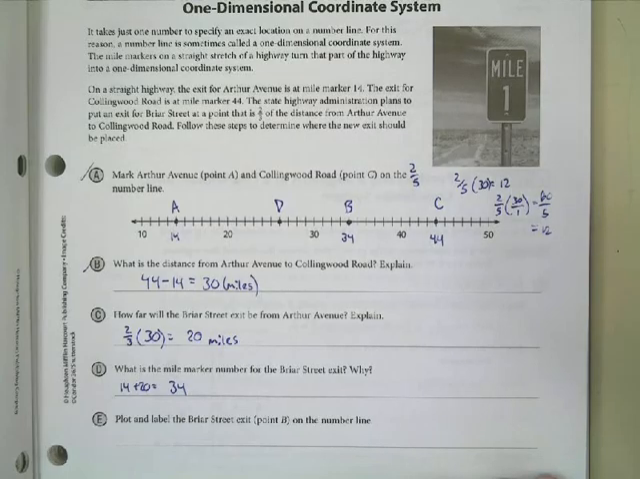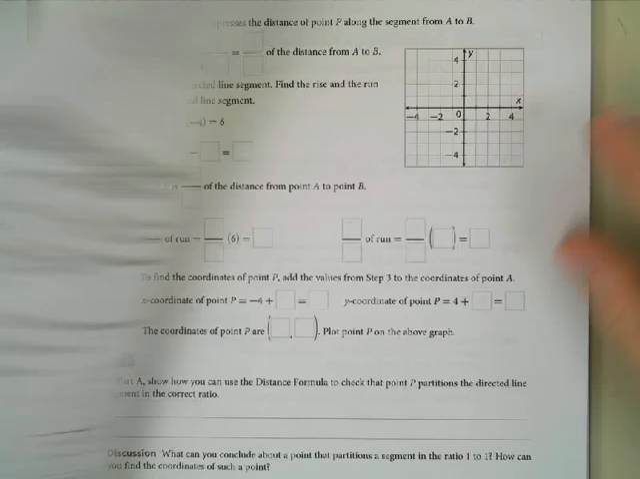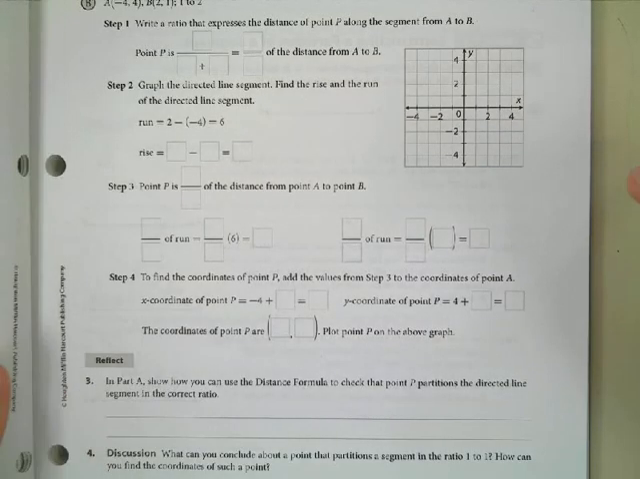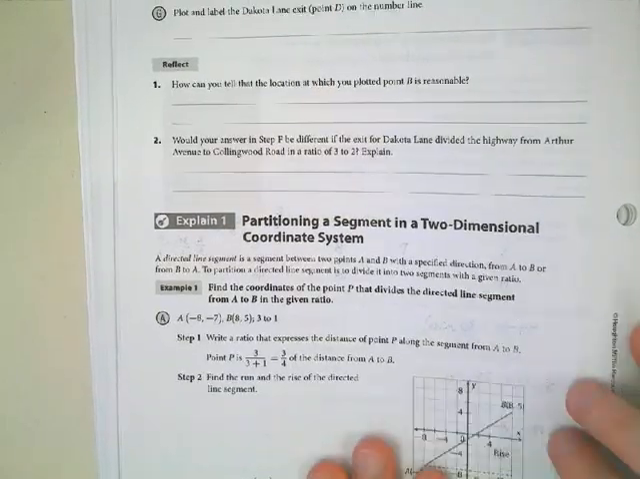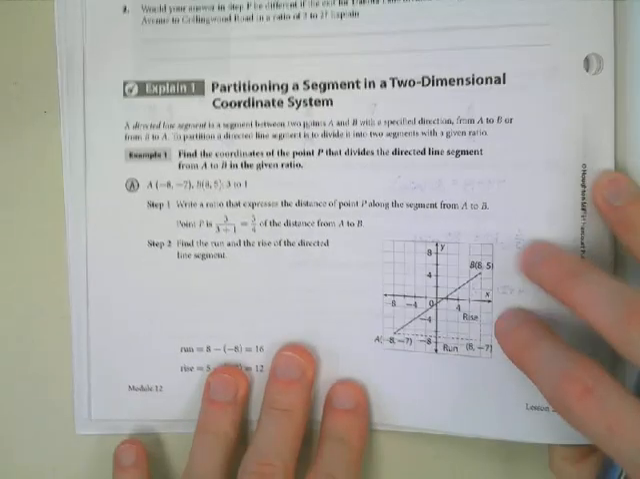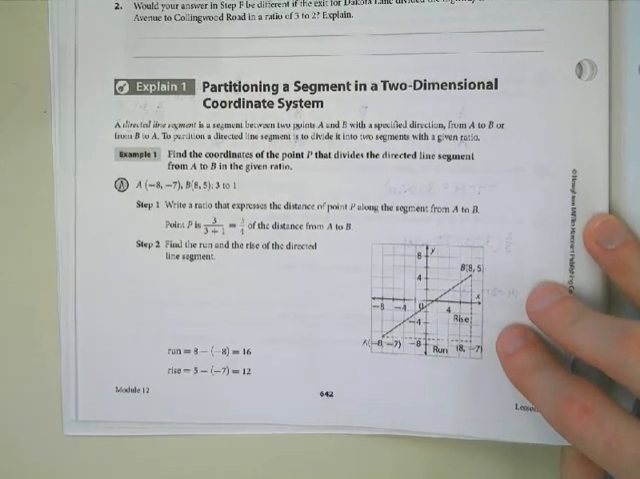Not too shabby. All right. Maybe painful. All right, and then part G was to label it, so we did that. Okay. All right, so we'll skip on then. We'll ignore those reflection questions, and we'll take a look here at partitioning a segment in a 2-dimensional coordinate